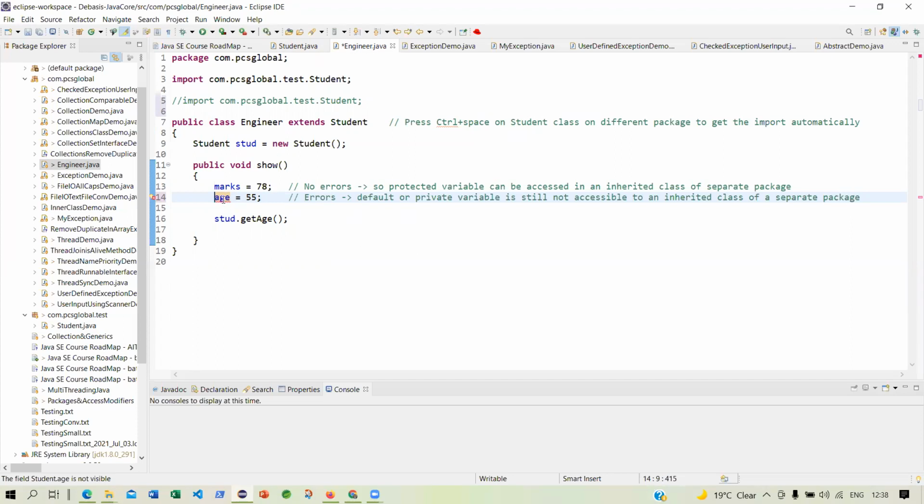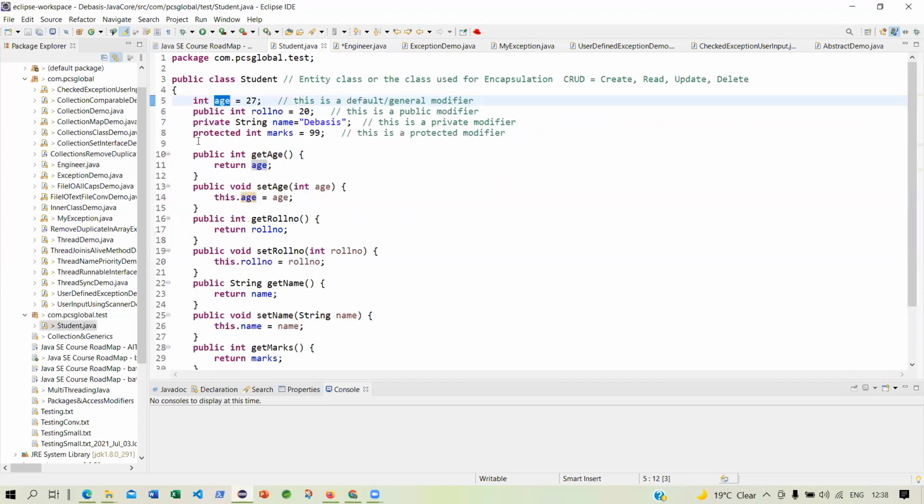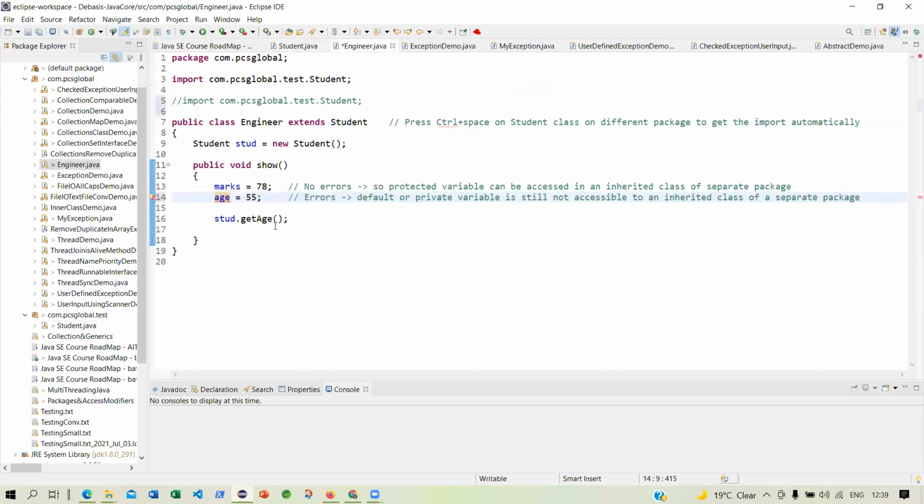You cannot manipulate the private or default variables. You cannot do it. You can ask me, can I make some change in the roll number? Let's see, because I have defined the roll number as public. Let us see. I cannot do this. So I will just highlight: if this is private or default data, I cannot change it in an inherited